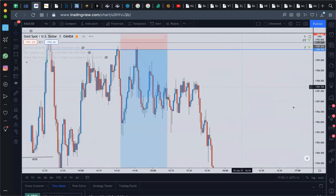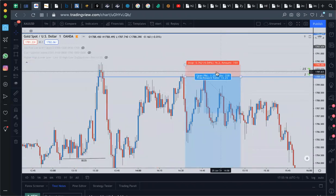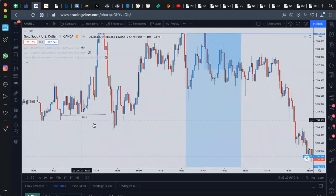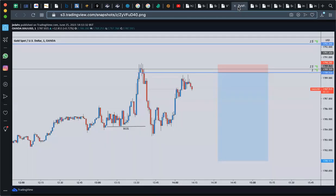Okay, so as you can see here, we actually had 2 touches in this. So what was the stops? Okay, 7 pips. Let's say 7.6 pips. So again, like I said, we had the breaker structure in here. When I print screened it, as you can see through this one, it was here at this point, 1789,